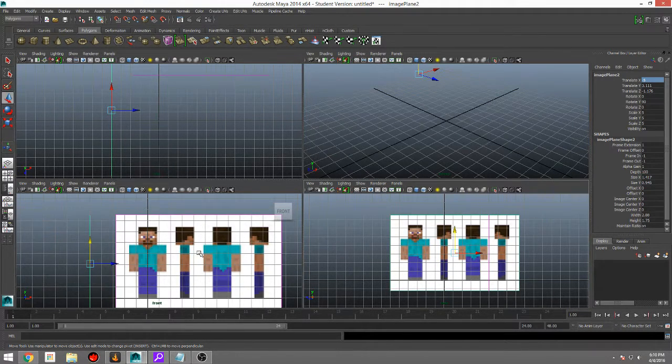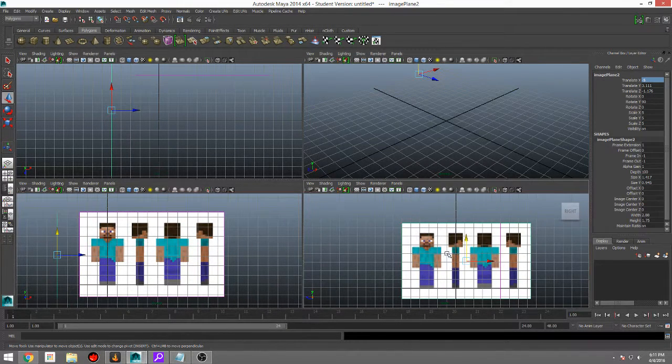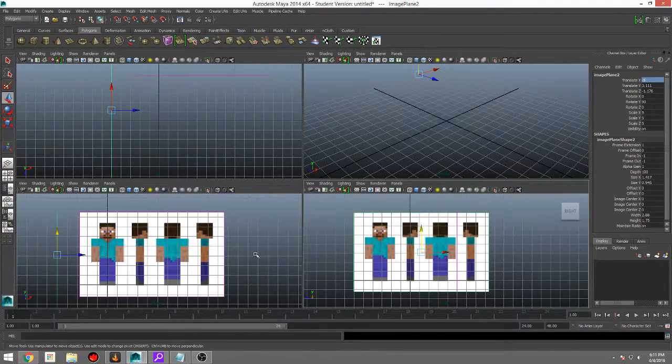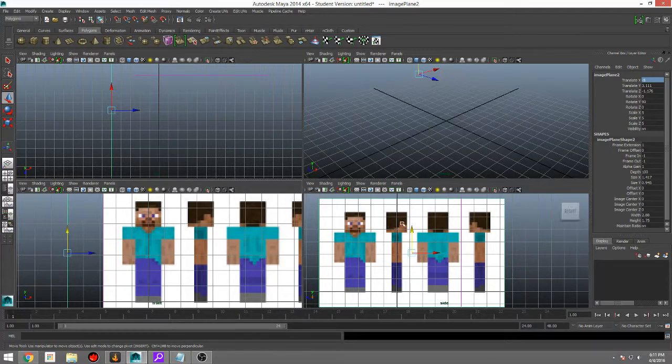Now that we have these image planes set up, we're ready to go. We can now start bringing some cubes in and start actually modeling Steve. We'll be modeling basically in orthographic views, looking at the front view, looking at the side view, and scaling everything to match. So